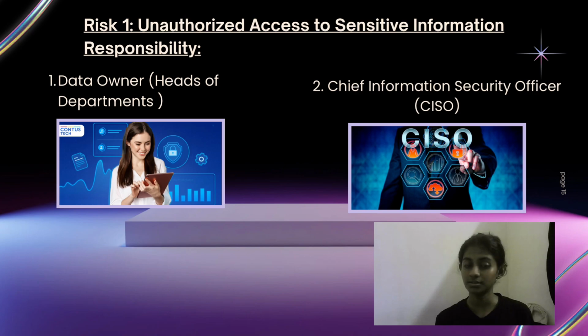And the second person is the CISO, whom we can refer to as the Chief Information Security Officer. Their job is to be the leader of the security field, which means that they are the one who hires security professionals. They are the person who protects the data security policy of an organization and so on. And yeah,